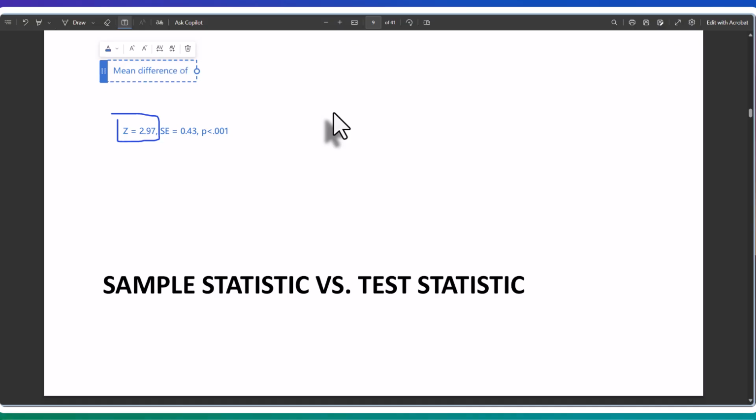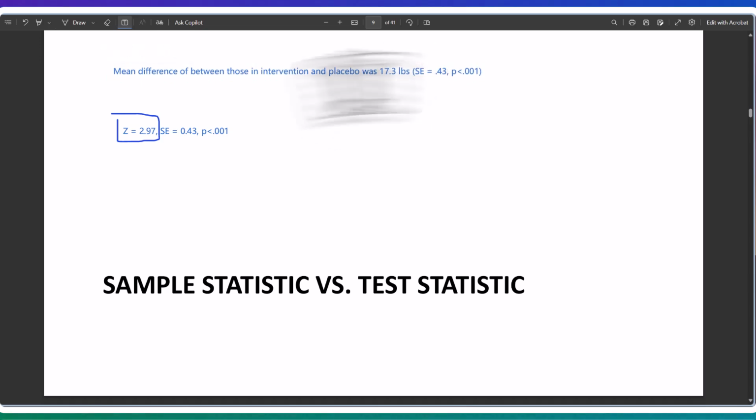Let's say it's a weight loss study. They could have said that the mean difference between those in the intervention and placebo was 17.3 pounds, with a standard error equal to, I don't know, 0.43, p less than 0.001. Okay, so they could have done something like this, where they just report the raw mean difference, but you'll notice